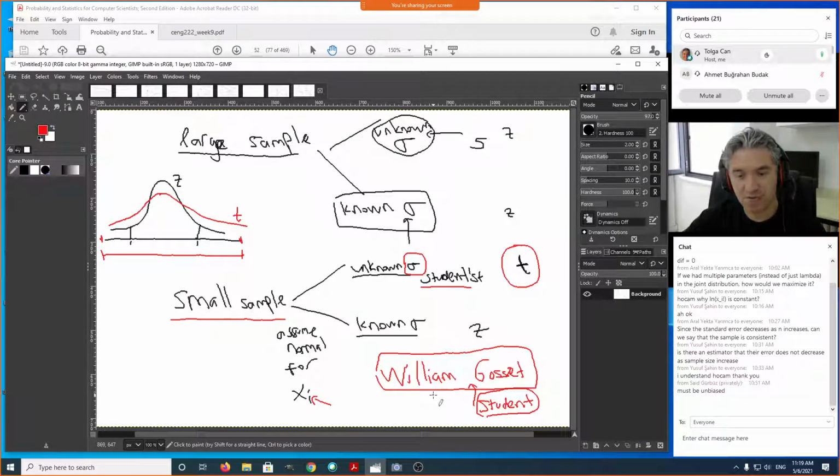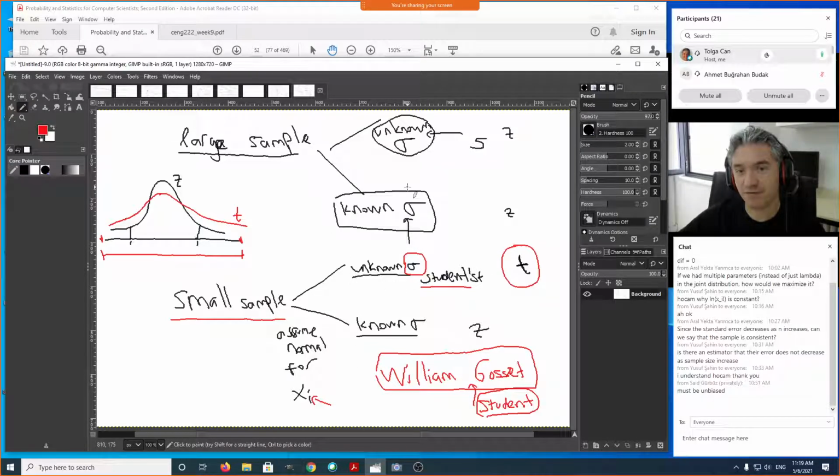So I think they had to stay anonymous, and he was using the pseudonym of Student, and that's why it's called Student's t distribution. But it was William Gosset who came up with this while he was trying to figure out the variation and trying to make quality Guinness beer. Okay, so